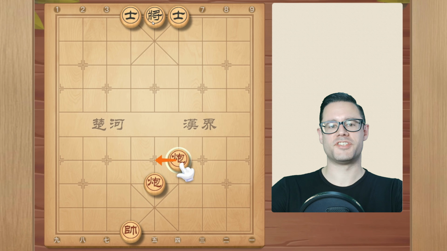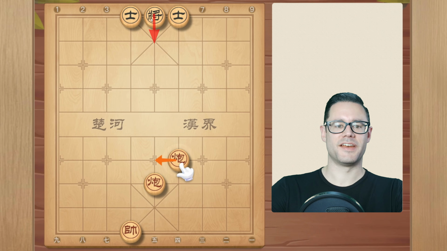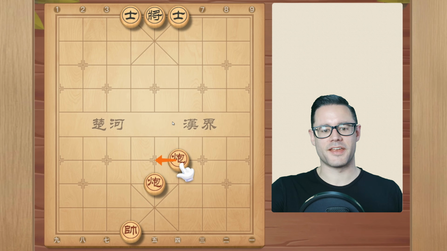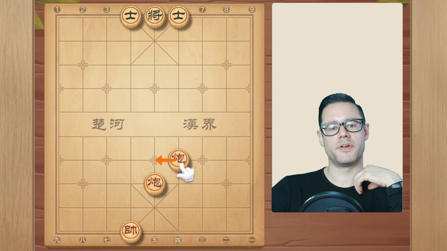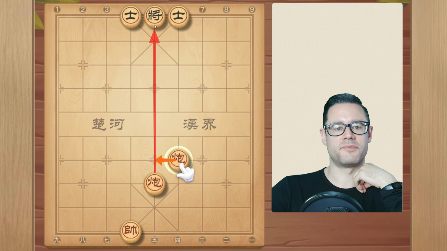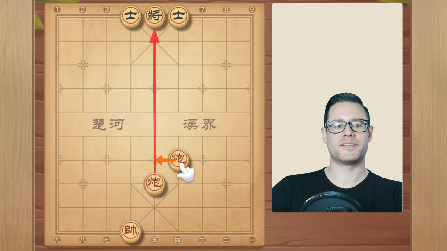If we look at our opponent's general, he currently has only 1 place that he could move. He could move forward 1 space because his advisors, those annoying advisors, are sitting on either side of him. He cannot move left or right. So the double cannon checkmate is special because nothing can block it. Let me explain what I mean. Currently, we have a cannon that's pointed at the general, but it's not placing the general under attack because there is not a piece for the cannon to jump over and make an attack.